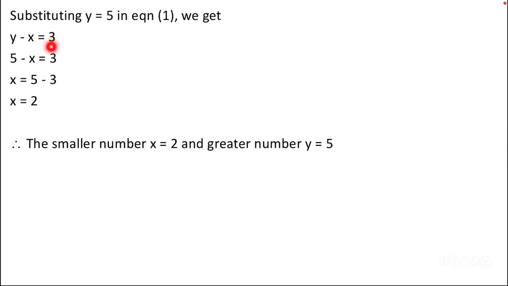3. It means that your LHS is equal to your RHS, right? So whenever after substituting your x, y value you get your LHS equal to your RHS, it means that the answer that you got is correct. But if you are not getting your LHS equal to your RHS, then it means that the answer that you have got is wrong. So you have to check whether there are any calculation errors or whether you have framed the equations wrong. So this is how you can confirm your answers.